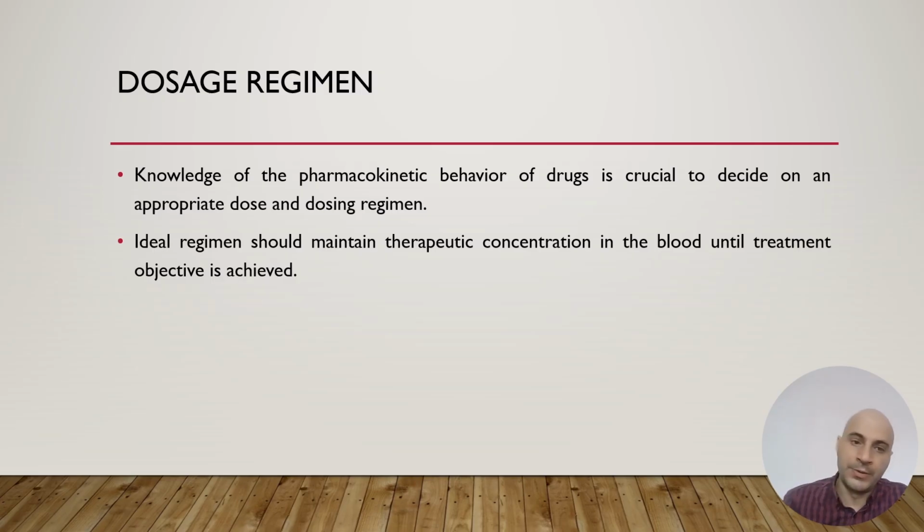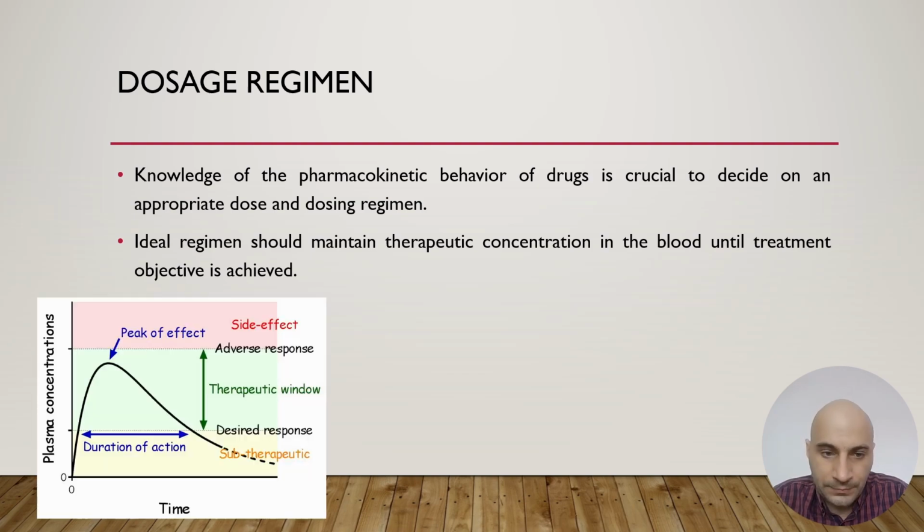To decide on the appropriate dose and dose regimen, ideal regimens should maintain therapeutic concentration in the blood until treatment is achieved. So this is a typical drug concentration in the plasma curve. For example, upon oral administration, the drug starts from 0, it starts to get absorbed, and then its concentration gets higher and higher. At the same time, metabolism and excretion start reducing the drug concentration in the blood. So we reach a peak,